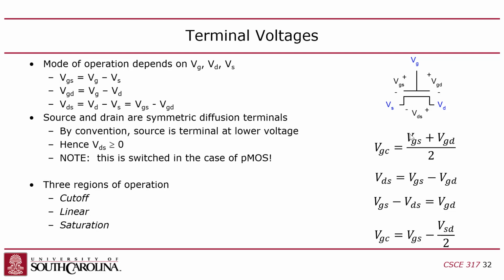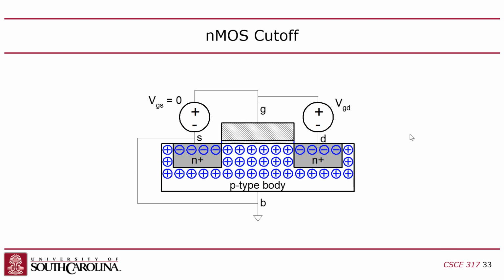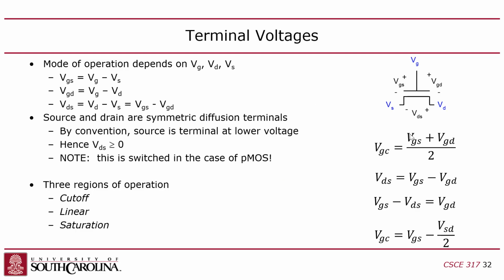And the reason is that you've got the source and drain here, and they're electrically connected to the channel now. So if I want to know what the voltage of the channel is, I just basically take, or it's essentially the average of the two sides. Does it make sense? So, gate source versus gate drain over 2. Okay, so then